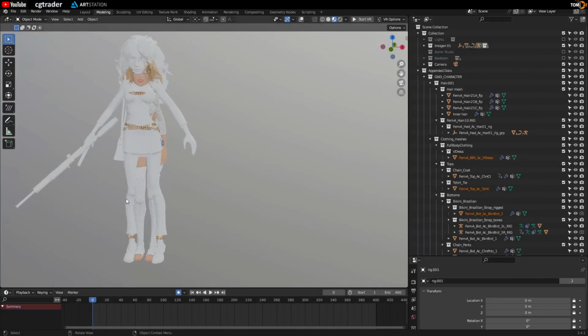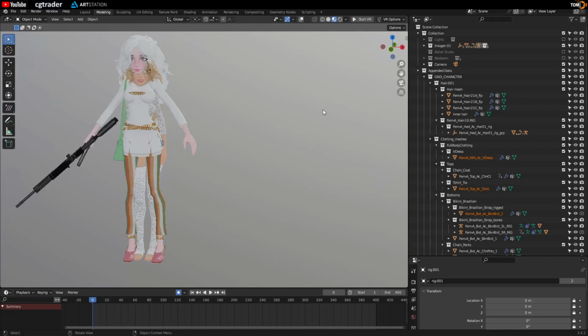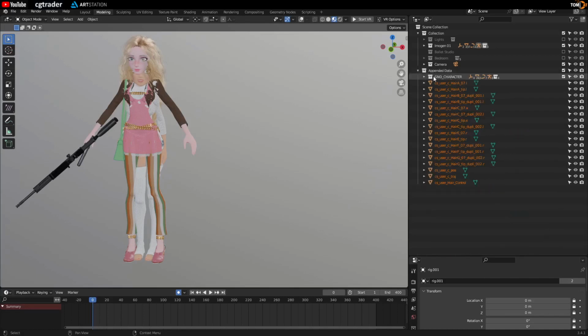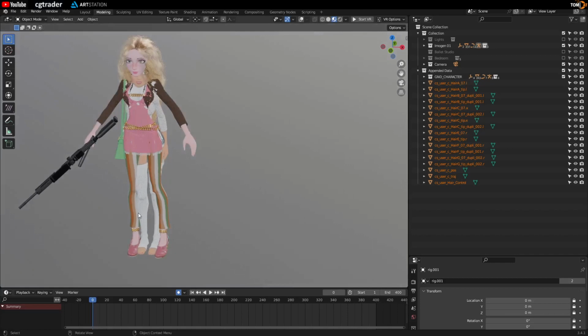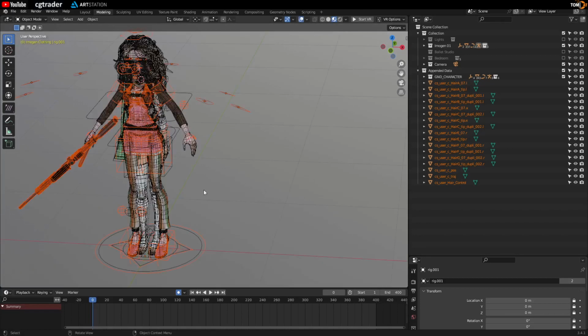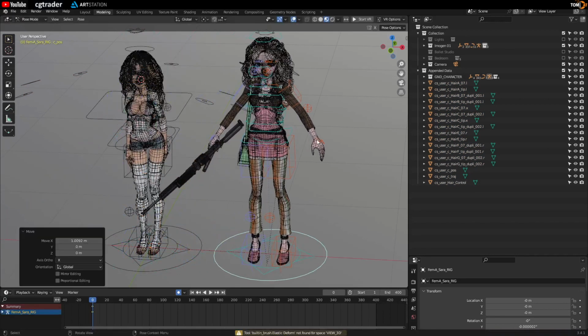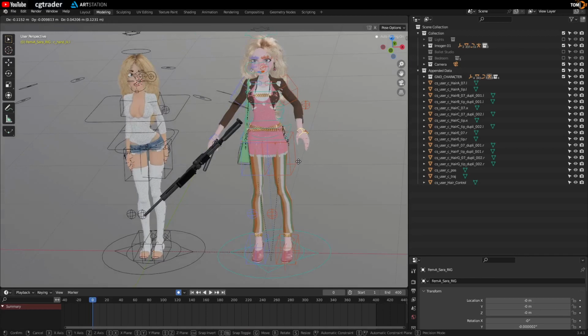It'll take a while because it's going to load up all the textures. If it's pink, you'll have to remap the textures, and you can see it puts it all into this new collection called Append Data. And inside there, you see we have the collection that we had selected. It will come in at the 000 point, so you might have to move it. So you can grab that and move it aside,